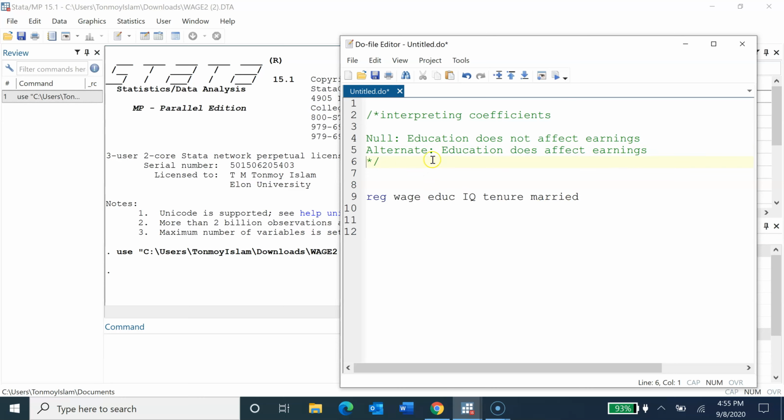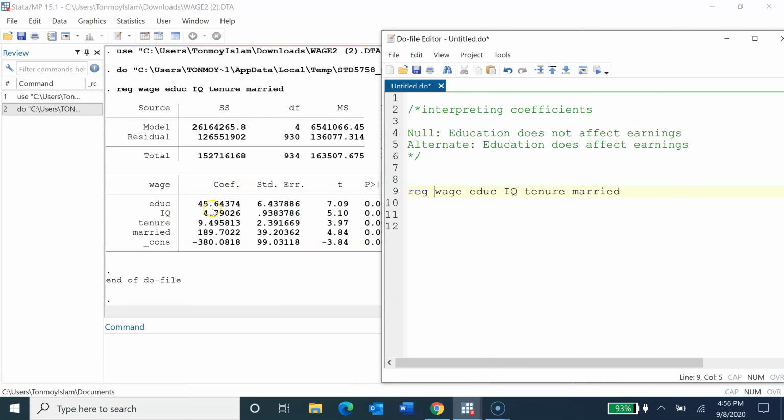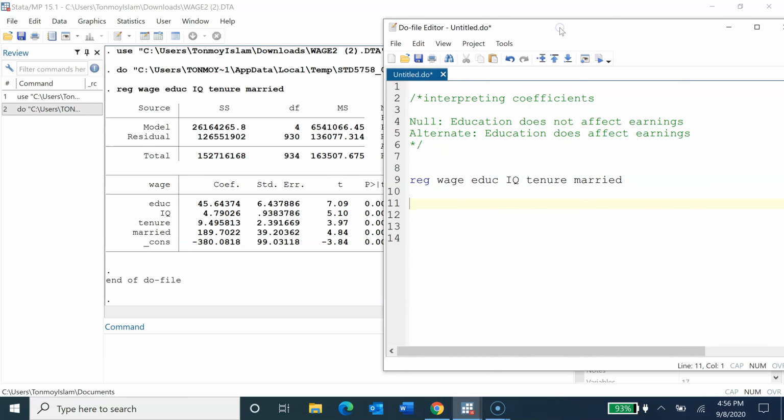Now let's say we are running our regression. This is our regression for the model, and we run that and see wages in levels, and we find the coefficient on education is 45. Now the t-value is 7.09. So in order to test whether this variable is significantly affecting wage, we first have to check the number of observations, which is 935. So that's a big enough sample. So we can write the coefficient is 45.64, and the t-value is